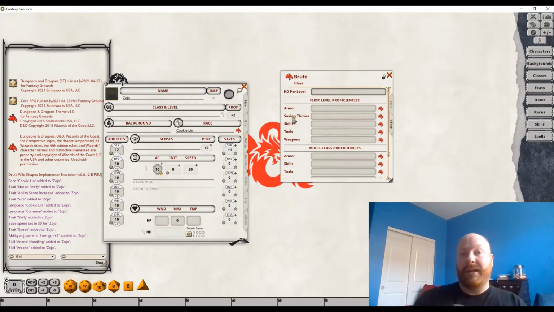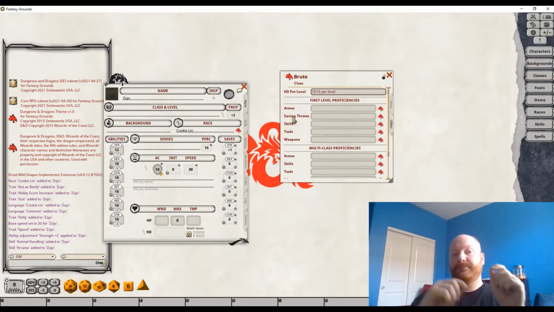You are going to set the HD per level. This is written in the same context. So we'll call it 1D, not an exclamation D10, but a 1D10. So we'll say 1D10 per level. You can say per brute level, that's how they normally phrase it. Not significant. We can hand them any proficiencies. This is just going to come in as an entry in their ability section. So we'll just say light, medium, and shields, and then give them